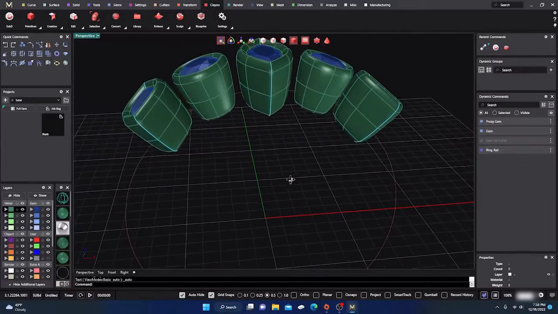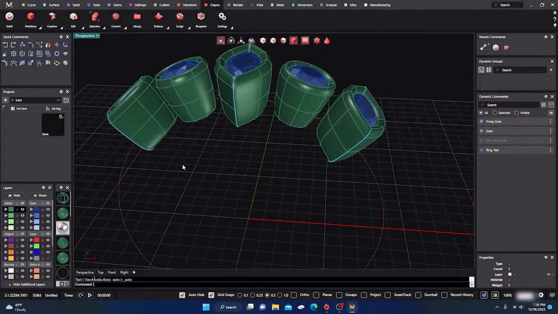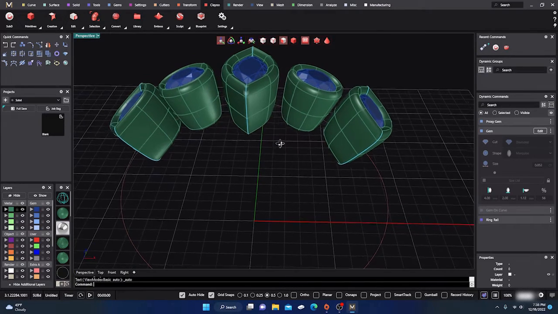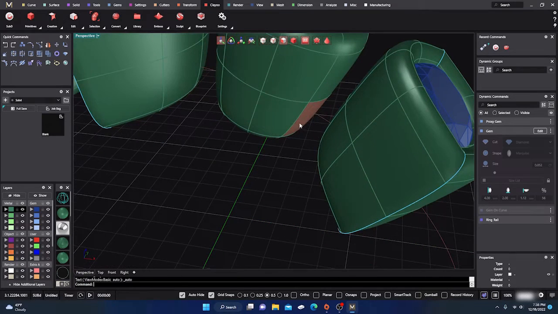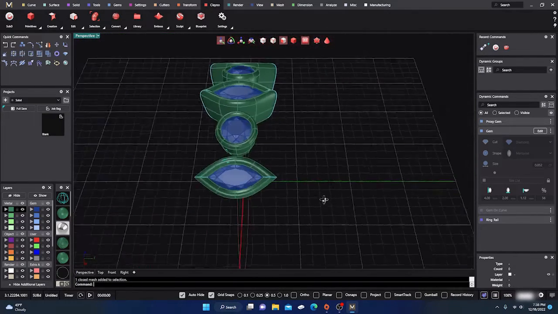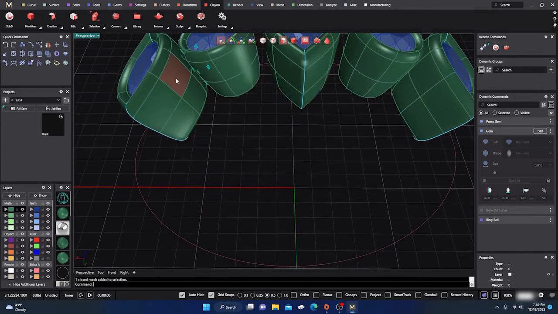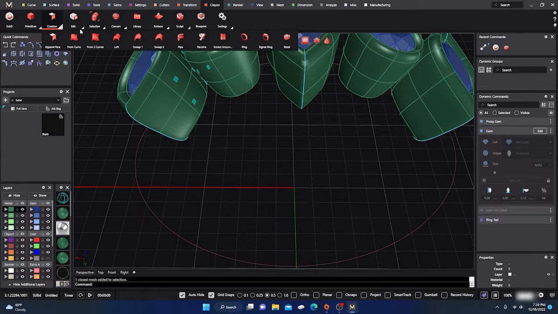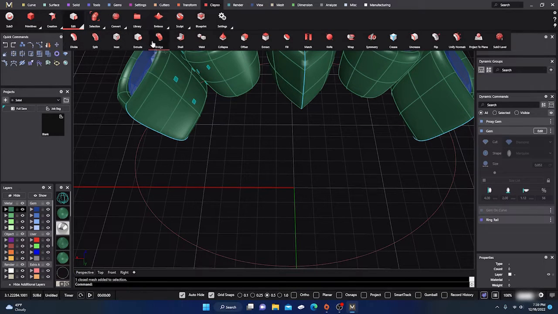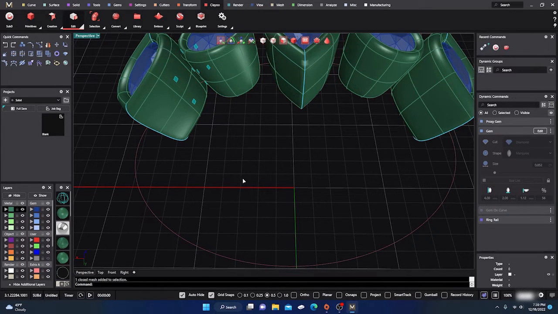So we have a little bit of space there, so that's probably better. Okay, so here we want to do the bridge command, right? So we want to switch to faces, and we want to select this one, hold down shift, this one, this one, this one, this one, this one, this one, this one, and go to our edit, and our fifth one down, bridge, and